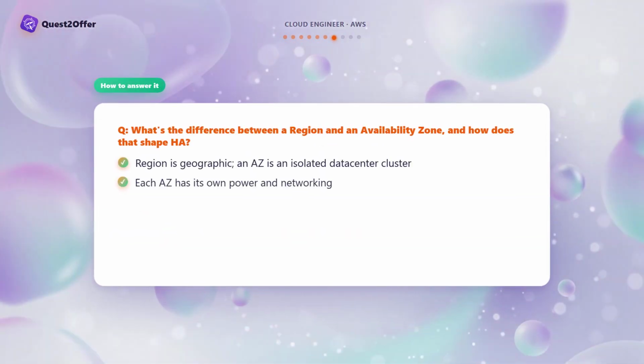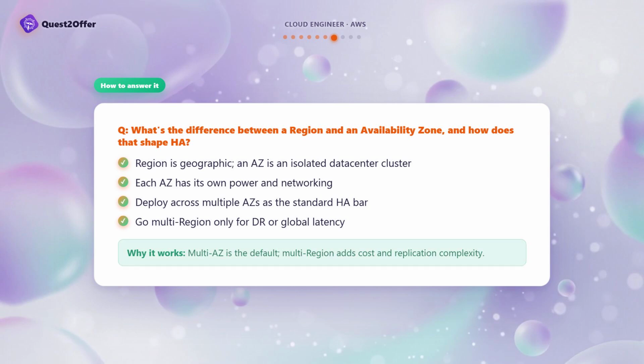A region is a geographic location. An availability zone is an isolated data center cluster within it, with its own power and networking. For high availability, deploy across multiple AZs, so one zone failing doesn't take you down. That's the standard bar. Go multi-region only for disaster recovery or low global latency, since it adds real cost and